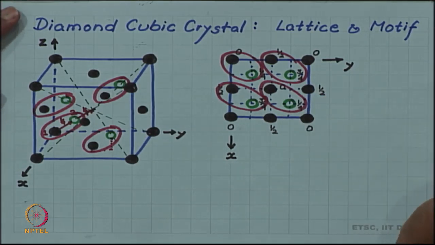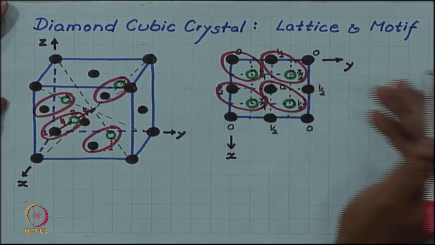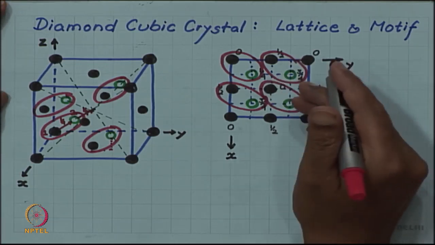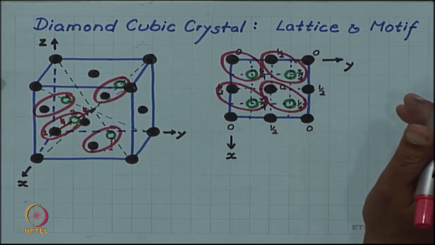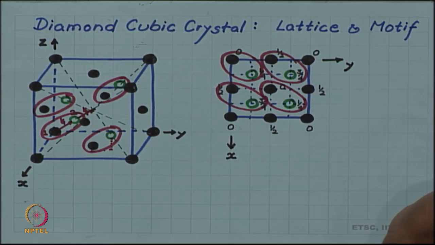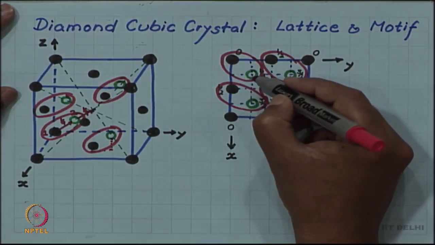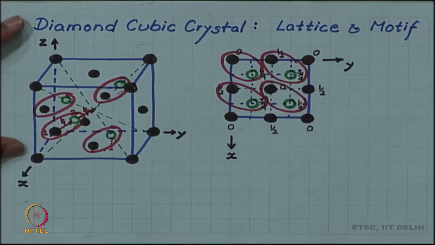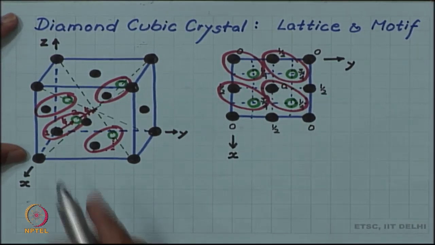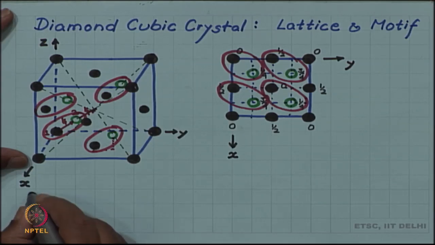So, now we find that we have accounted for all the extra 4 atoms; all of them are associated with their corresponding lattice point. So, we do not need any more. The motif is a 2 atom motif. So, we can write the diamond cubic structure. The conclusion of this analysis is